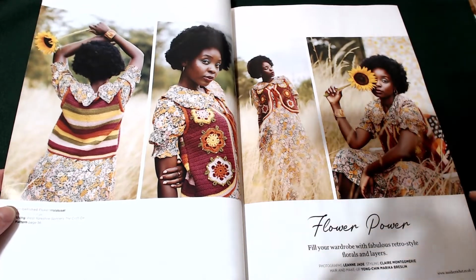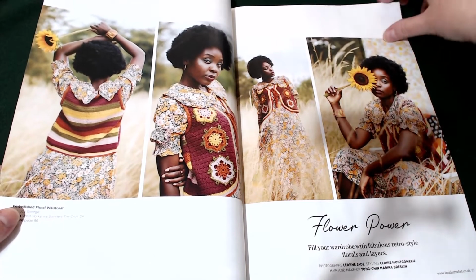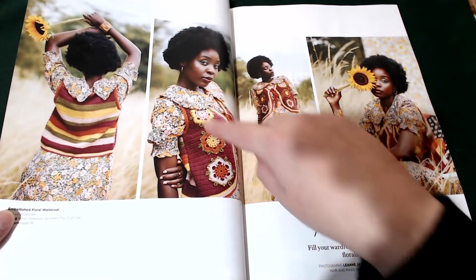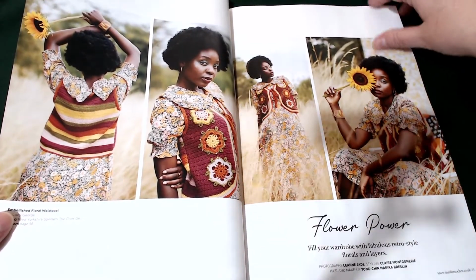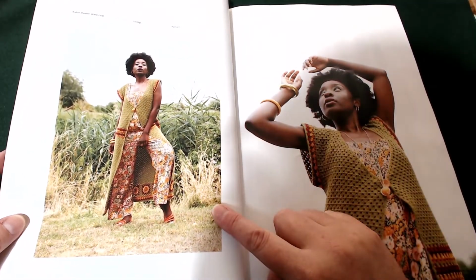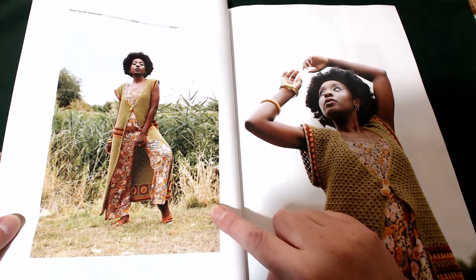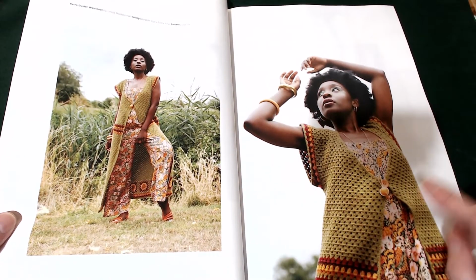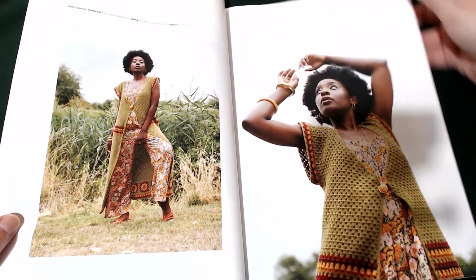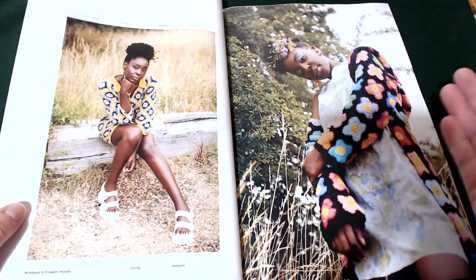Right, so let's have a look at this one. Now this is called Flower Power, and they're saying fill your wardrobe with fabulous retro style florals and layers. Okay, so that one is for that little top there. Okay, next one is this one here, which is the retro duster waistcoat. Which is just grannies. It's the granny stitch in rose, so that's going to be quite a simple one to